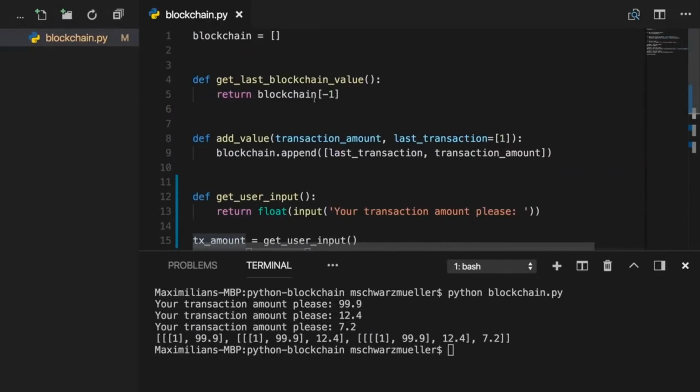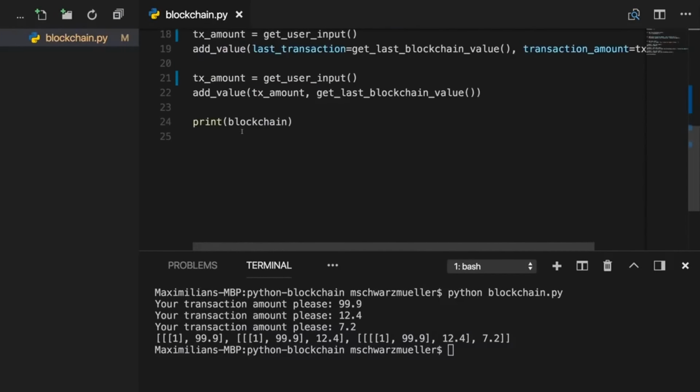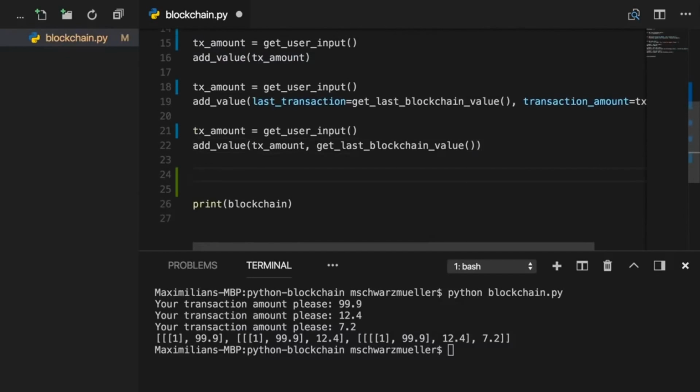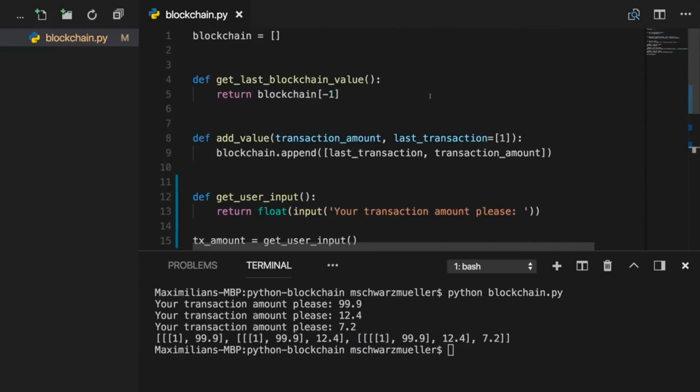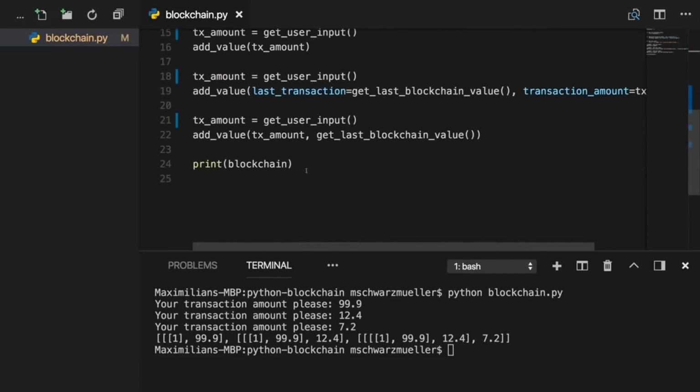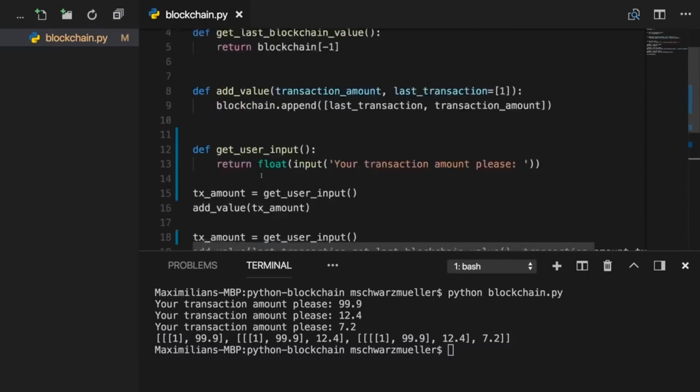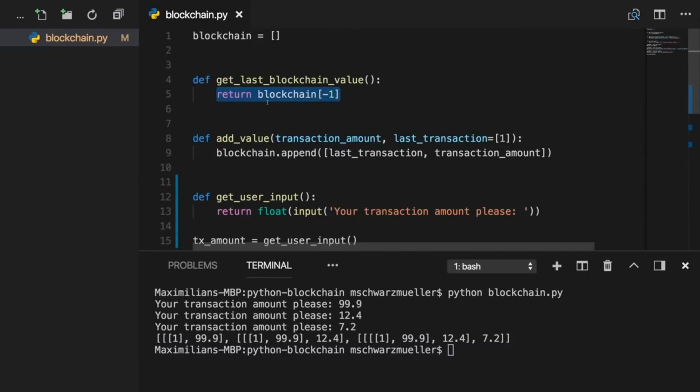Back in our code, we got that blockchain variable here. We define it at the very beginning of our code, and most importantly, we define it outside of a function. Doesn't matter that we define it here at the top of the file. Well, our other code wouldn't work, but theoretically, it would also be a global variable if we define it down there. However, the important part is, as you can see, we can absolutely use that variable inside a function because it's global. We can use it outside of it, as we do here when we are printing it, and we can use it inside of a function, like we're doing here.